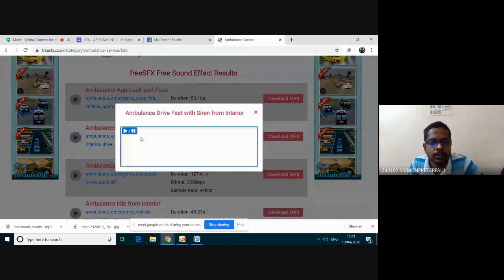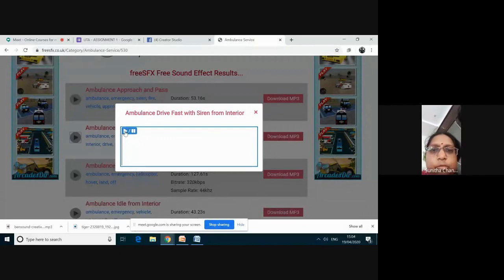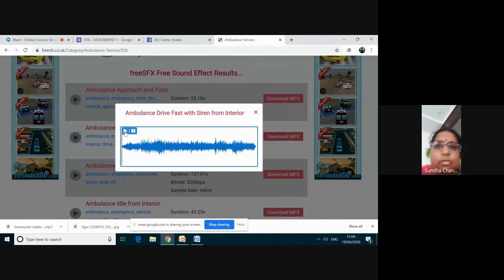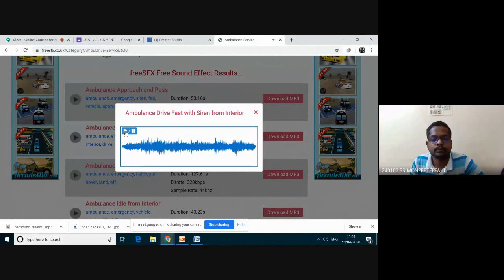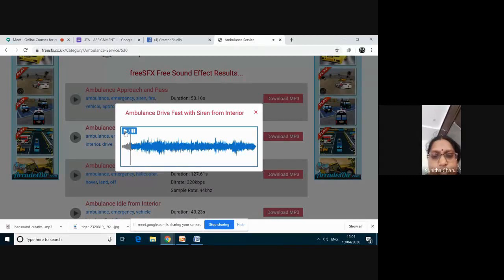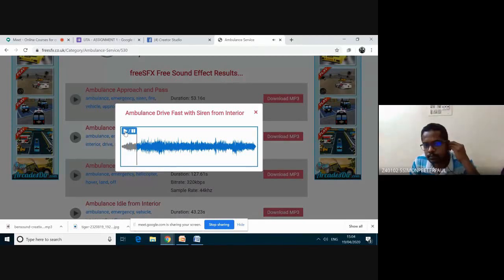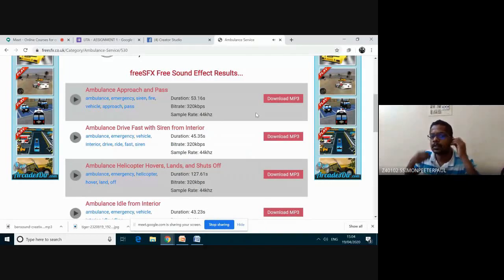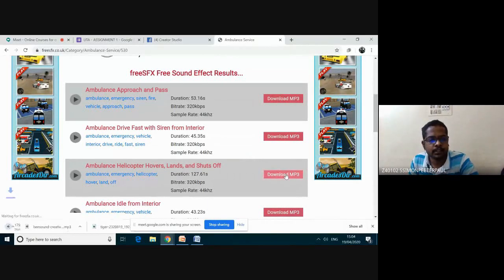Small. Then to download, click download button. The audio gets downloaded.